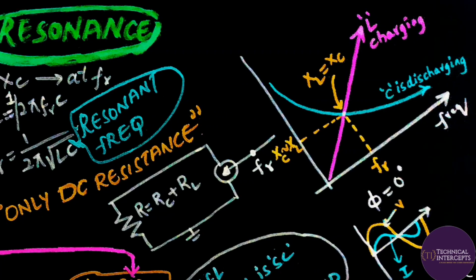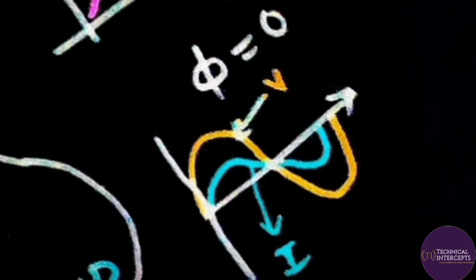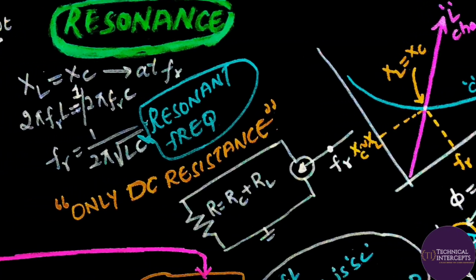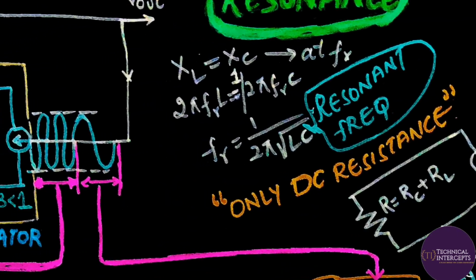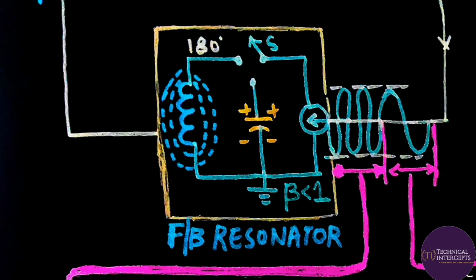This DC resistance will oppose the flow of the frequency varying signal through the feedback resonator, and the phase shift between voltage and current at this point is 0 degrees, that is, V and I are in phase. As there is no external DC voltage supplied to this feedback resonator, the capacitor loses its energy to the inductor in the form of an electromagnetic field, and the inductor loses its energy to the capacitor in the form of